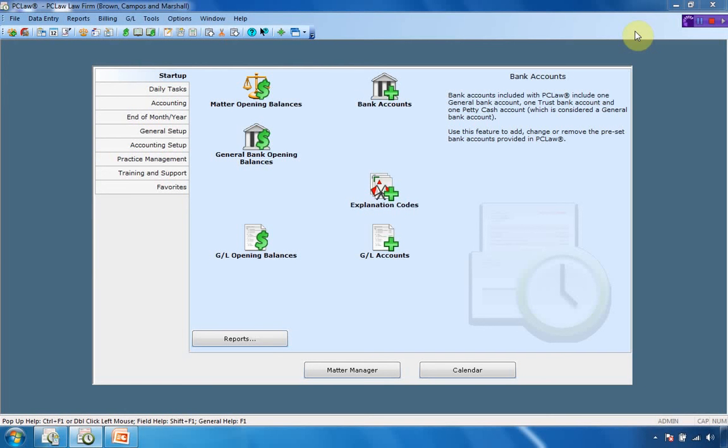Trust and state IOLTA accounts are required by every firm and are required to be kept in compliance to prevent debarment and other penalties. Typically, during a compliance audit, one of the first questions they'll ask is how you account for your trust accounts. If you respond that you have a software that automatically sets up the proper liabilities for trust funds received, further questioning can